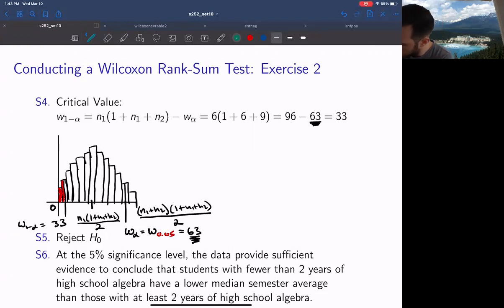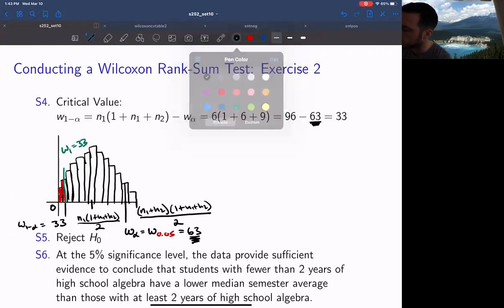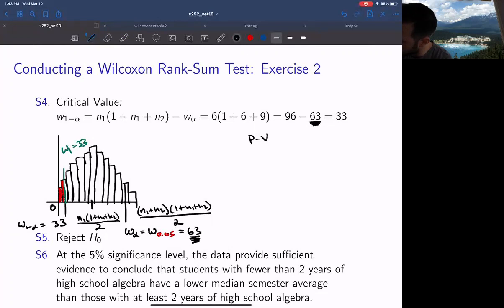Yep, and you can see that it sits right on the critical boundary, so W1 equals 33. That means we can reject the null, because with the critical value approach, we reject when the test statistic is less than or equal to the critical value. And then if we were to look at the p-value approach,